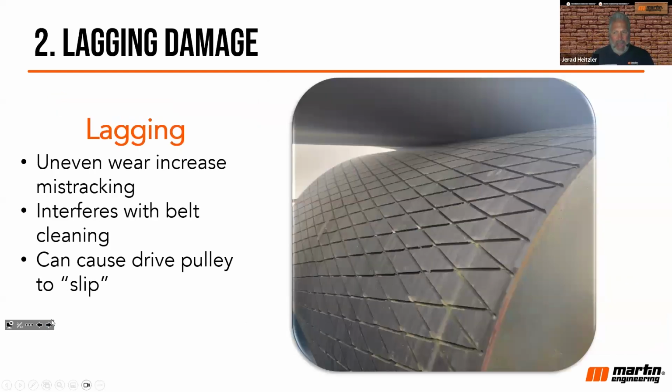Second thing you want to take a look at is you want to make sure that you're taking a quick look at your lagging on the drive pulley. This is one of those things that I think is often overlooked. A lot of facilities are a little dismissive to the importance of that lagging. If that lagging becomes uneven in wear, that will cause the belt to mistrack. It also will interfere with belt cleaning efforts, and that causes your carryback to